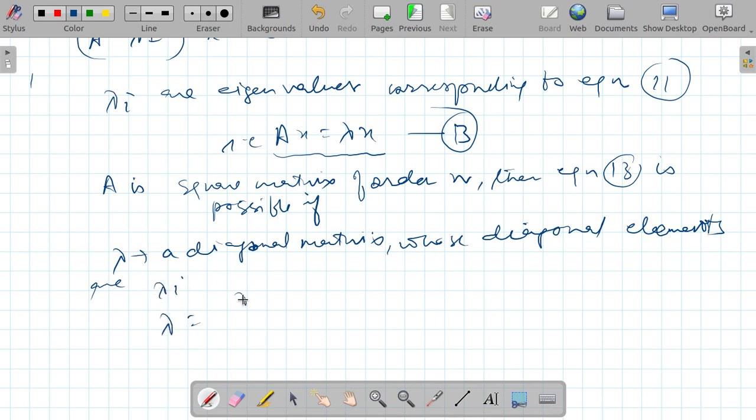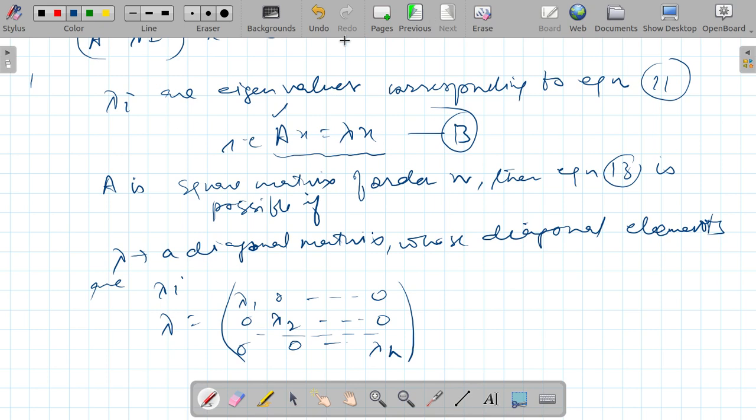So lambda can be written as lambda 1, 0, and so on; 0, lambda 2, and so on; 0, 0, and so on, lambda n. So corresponding to matrix A, we need another matrix lambda, which is a diagonal matrix. So we have to use a transformation matrix so that the resultant will be a diagonal matrix. That's why diagonalization is a very important idea